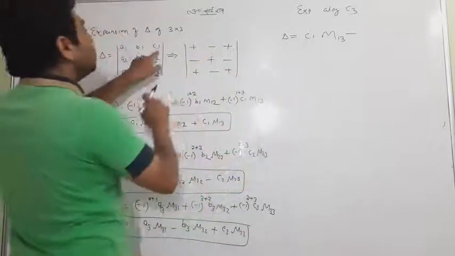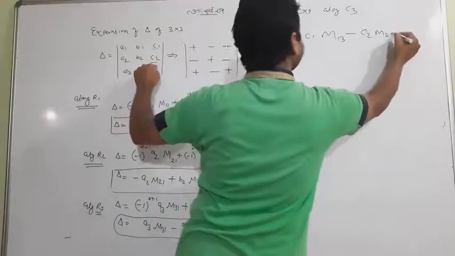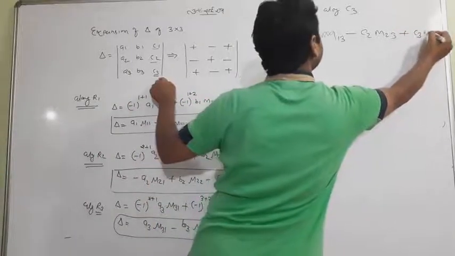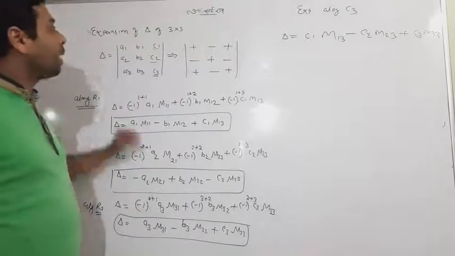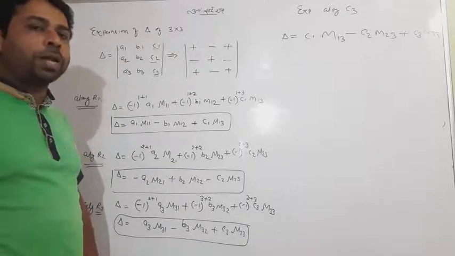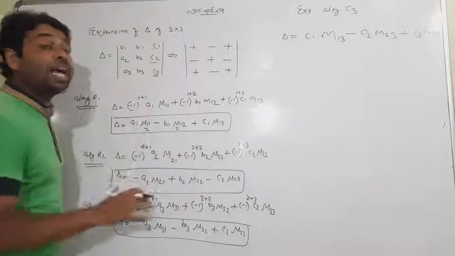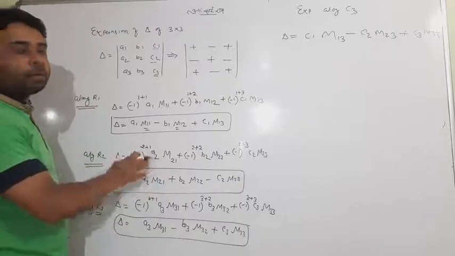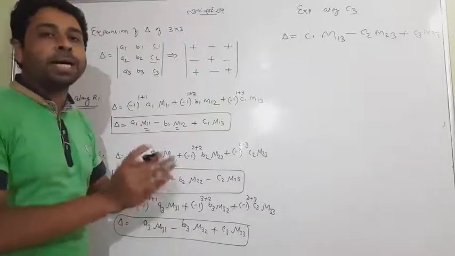And now what is C1? Its minor, minus C2, its minor. It is where? Second row, third column. And what about that? So plus element, its minor. Now you can find out easily. So this is a simple one. I have taught you that along anything you can find the value of the determinant. You can expand the determinant. This is totally with minors, meaning with the help of minors you are finding it, whether along R1, R2, R3 or along column 1, column 2, column 3, you are using minors.